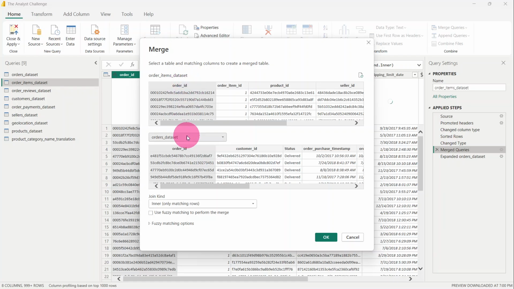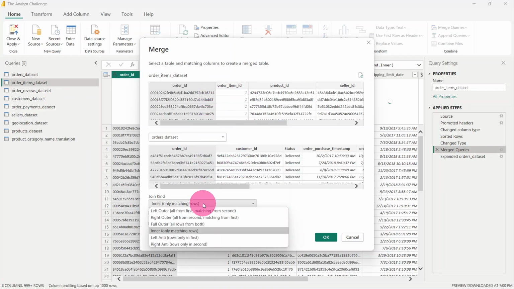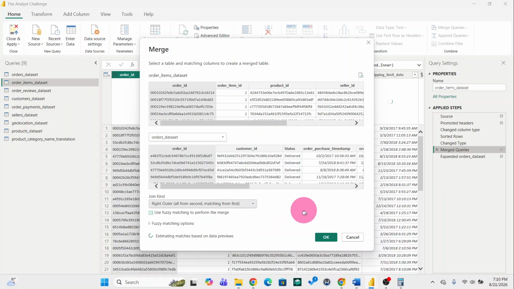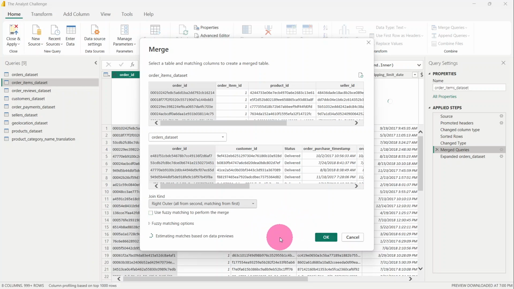What I will now do is retain every row in this others data set, but remove the ones that are not matching here. So I will come back. This is my right table and this is my left table. So let's try right outer. That is all from second matching from first, and see if we'll get the right thing there. If it doesn't still give me the right value, then it will require closer probing. It matches